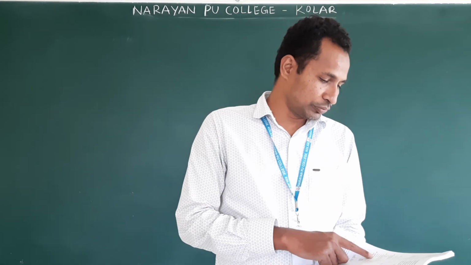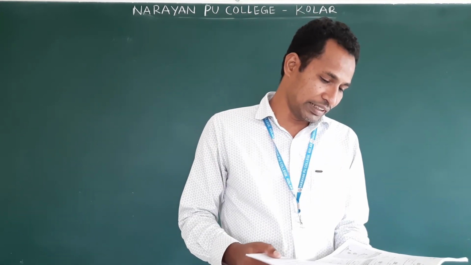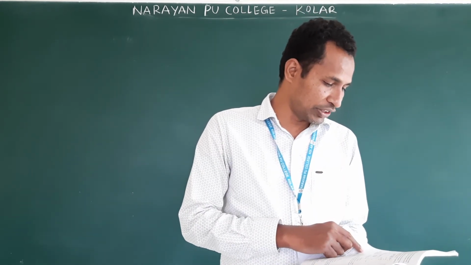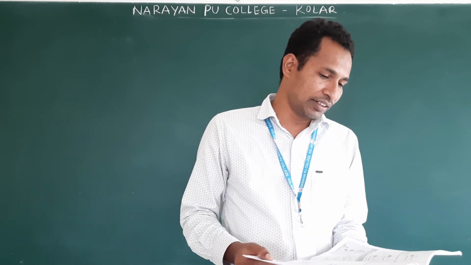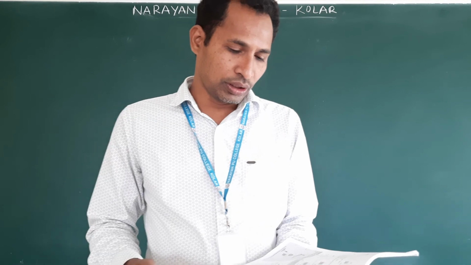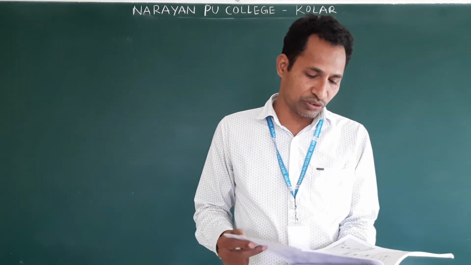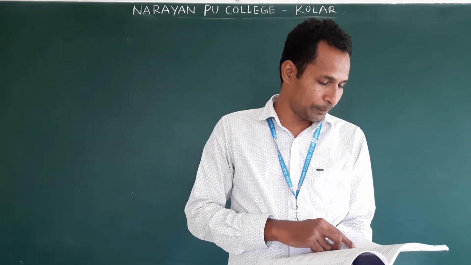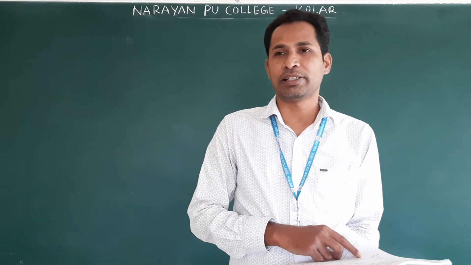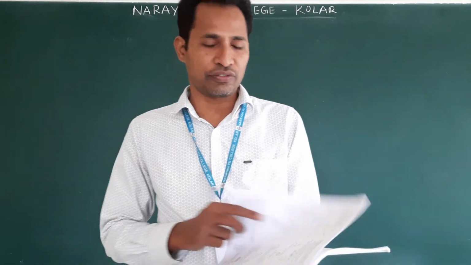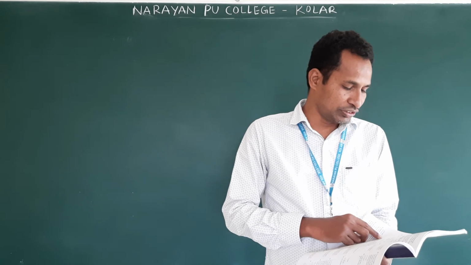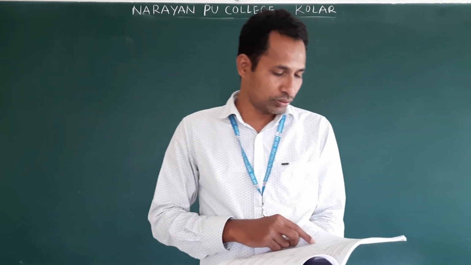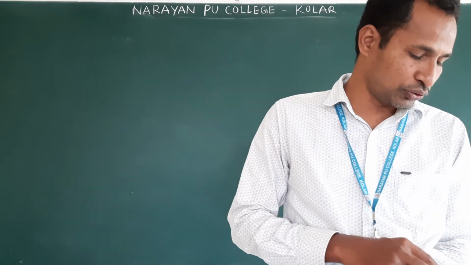Next 28. 28 also is there. What did they ask? The previous problem, tension in the string. What is the tension in the string? That was there in 83. T is equal to under root of (mg) square plus (ma) square. Okay, if m we take common, then m into under root of g square plus a square. So option 4. Next 29.